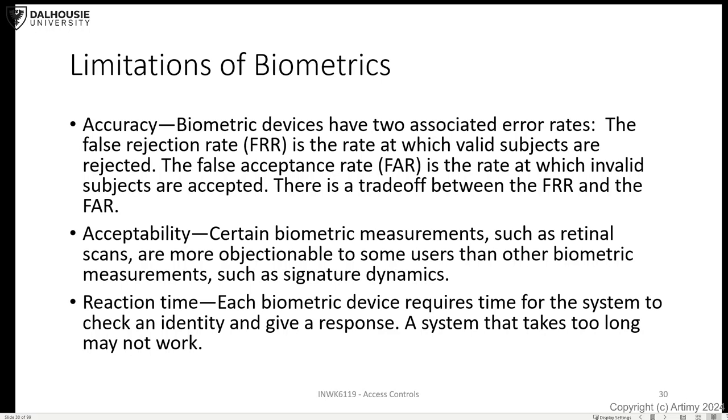But there is a certain probability, even if low, that two people will match the same stored numbers, even though they have different faces, or slightly similar, maybe brothers, right? So there is a certain error rate. A certain error rate can be dangerous because it may reject people who are legitimate, or it may accept people